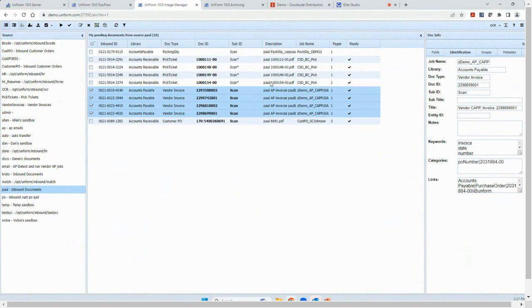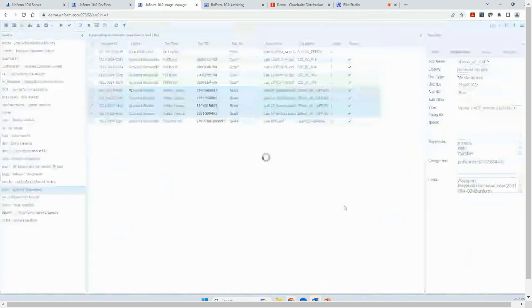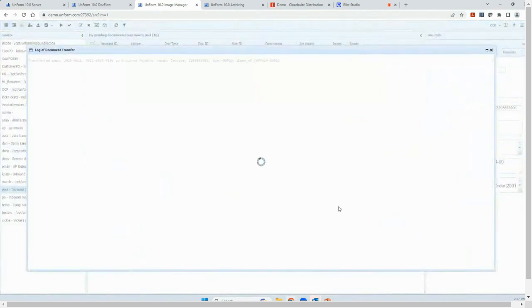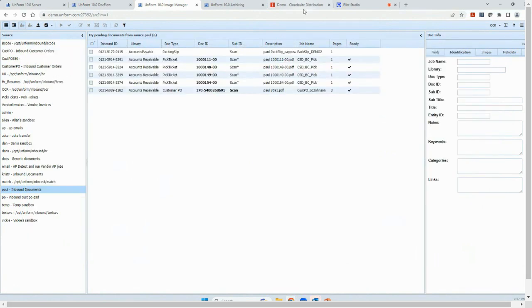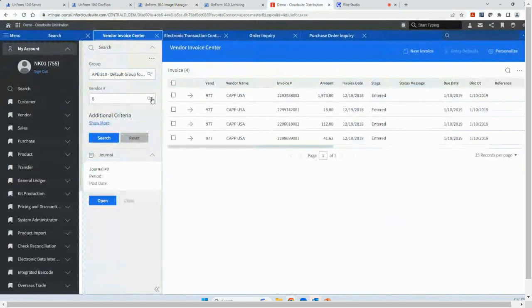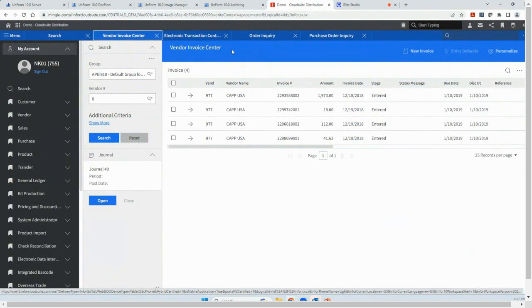And then as these come through and finish, again, typically this would all happen behind the scenes. It would process these. In addition to putting a copy of them into the archive and optionally into IDM, in this example I've got these set up to actually come into the AP Invoice Center for SXE or Cloud Suite.